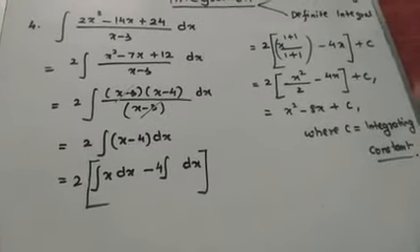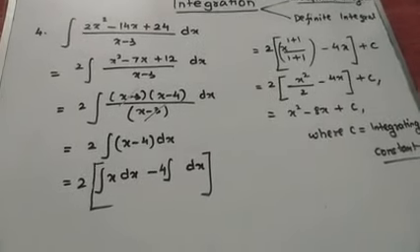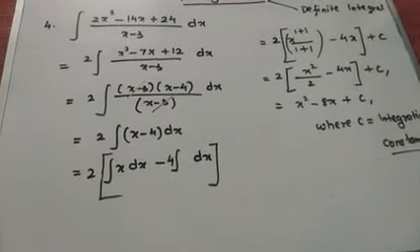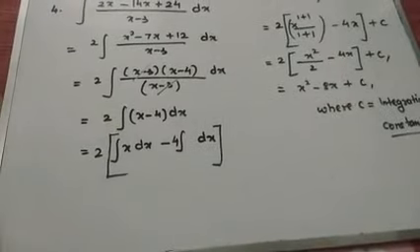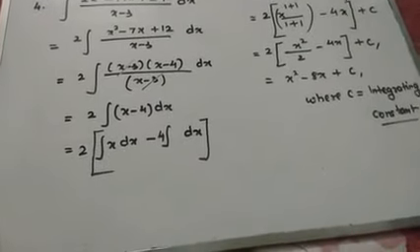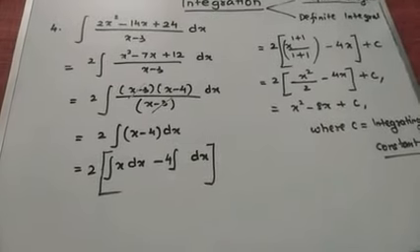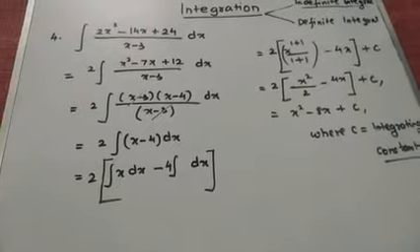So whenever you find that your denominator is not a single term function, it is a linear equation type, then in that question try to factorize your numerator by using middle terms or by any other process. Try to factorize that. Okay, so now let us proceed to question number 5.